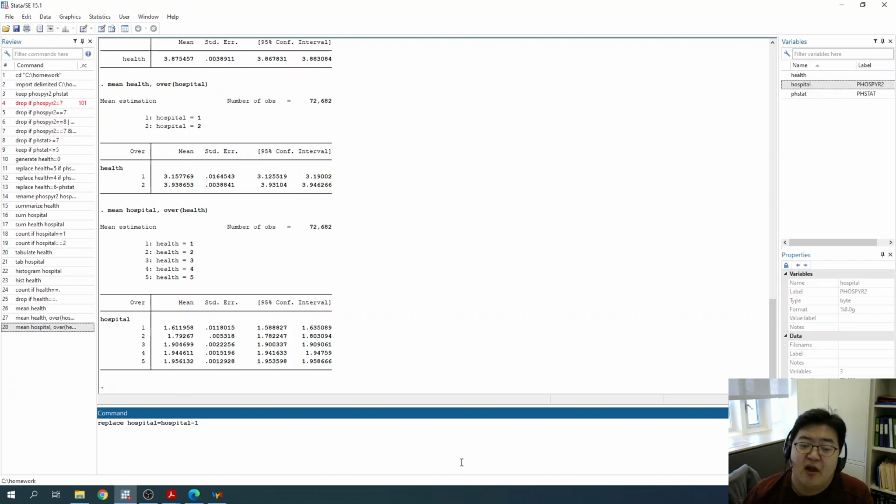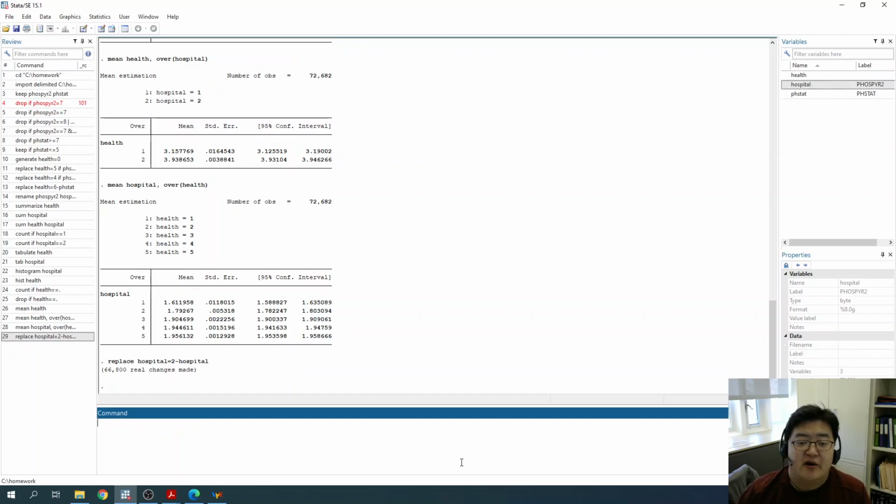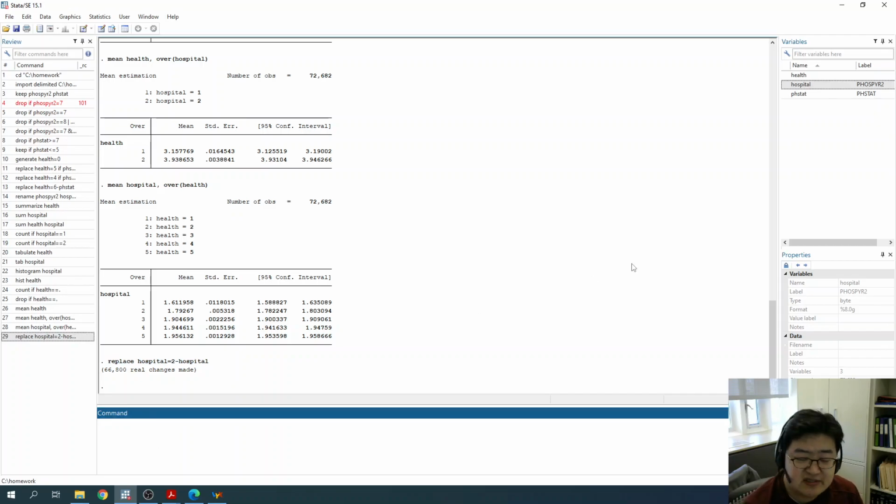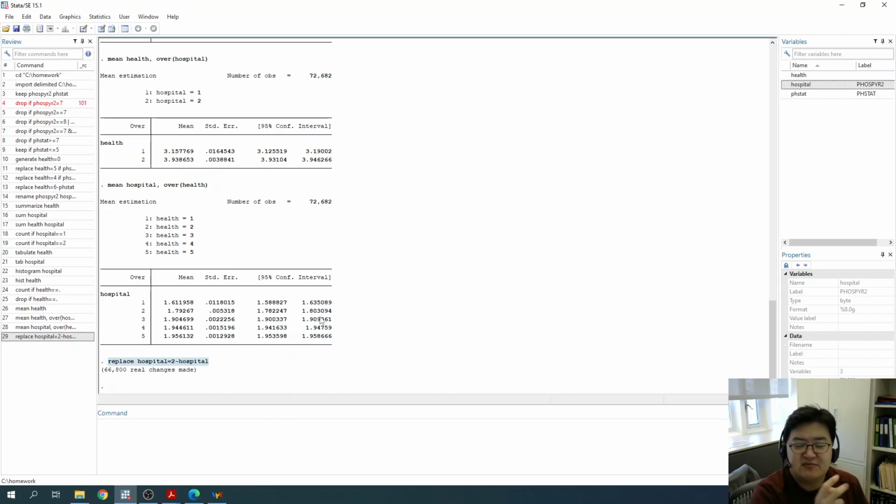in this way. Replace hospital with 2 minus hospital. If you change it this way, what it does is, previously in hospital, 1 means yes, 2 means no. But after this transformation, 2 becomes 0. So if you say no, it is 0, and if you say yes, 1 becomes 1. So 1 and 2 become 1 and 0. And if you redo it,